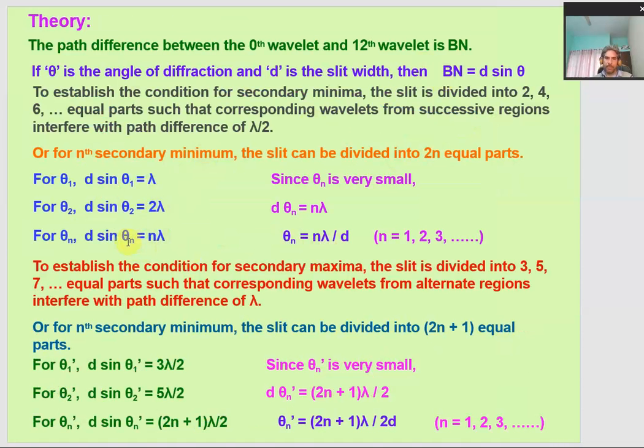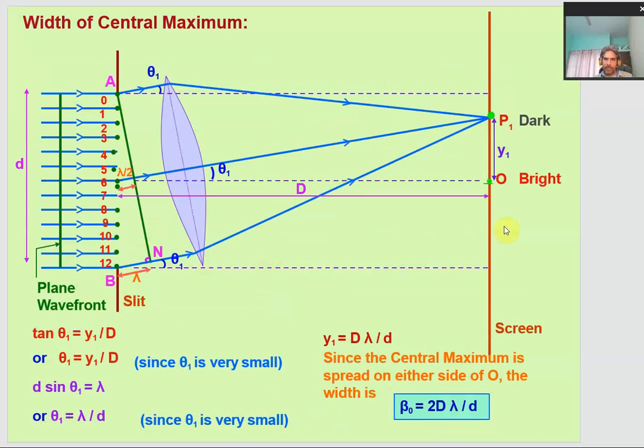It will be the first secondary minima, or we can say dark fringe. It will be the second secondary minima. It will be the nth minima, right? Secondary minima. So this is the expression for it. Because the distance between slit and screen remains quite small,